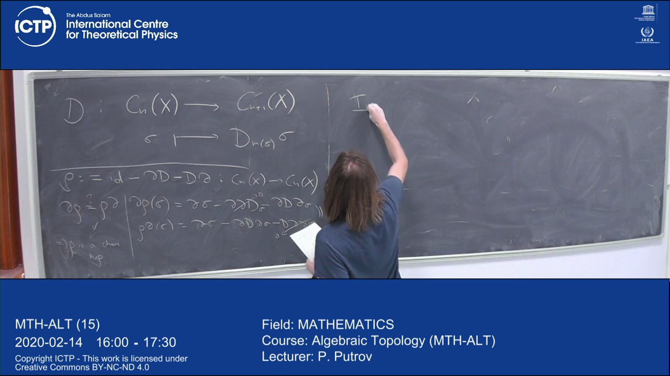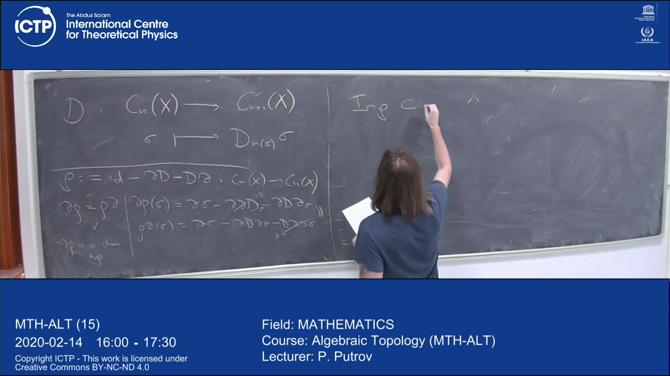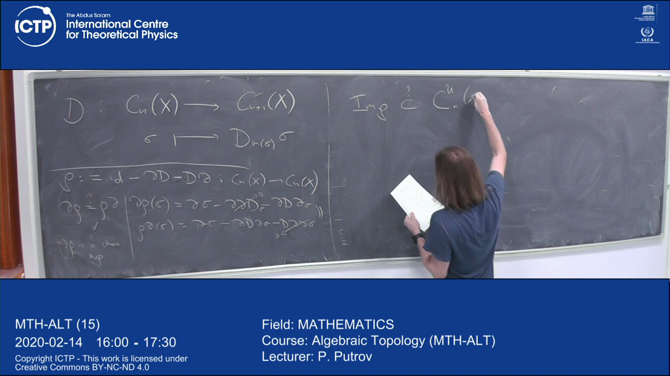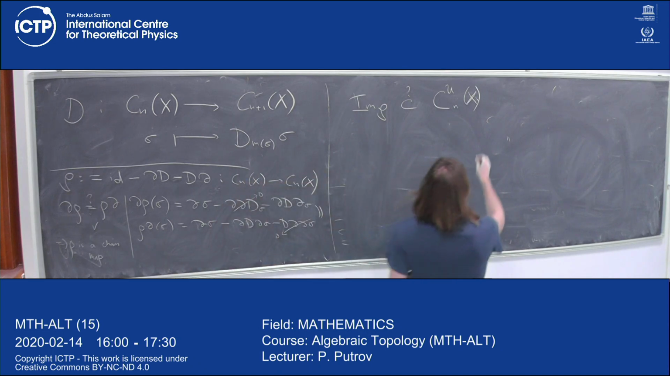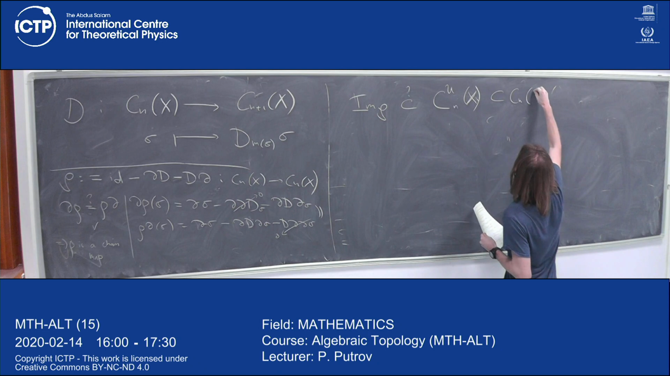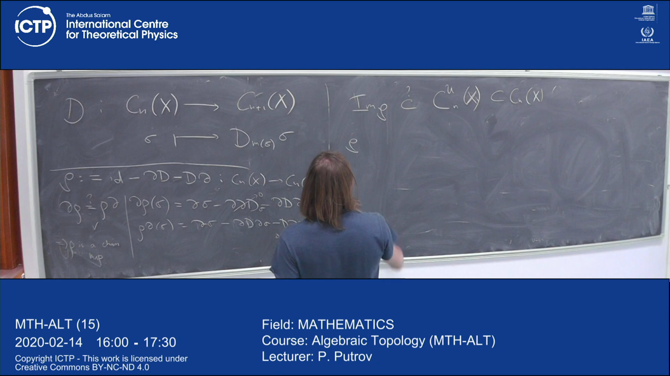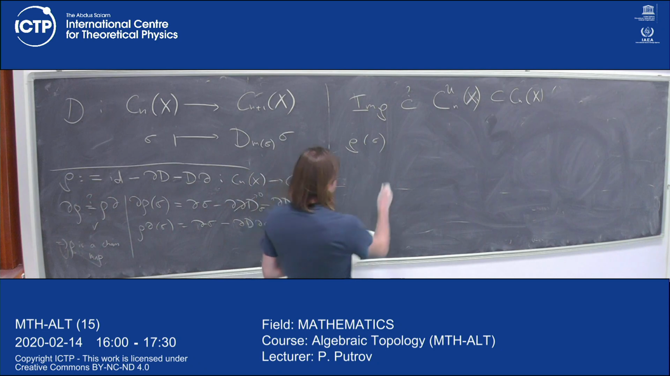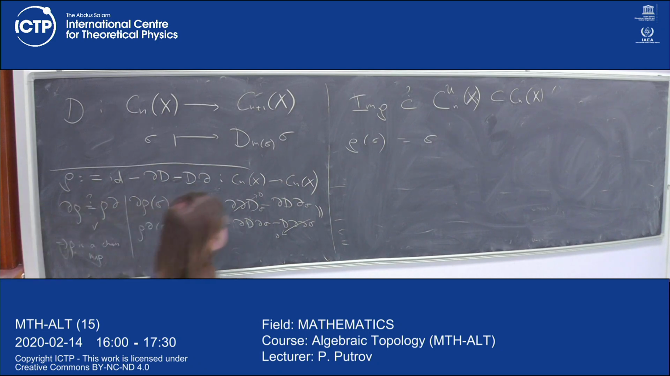Well, we also want to show that the image of rho is inside this modified chain complex C_n^U(X), which is a particular subgroup in C_n(X). So let me act on some sigma, some generator. So this is sigma minus